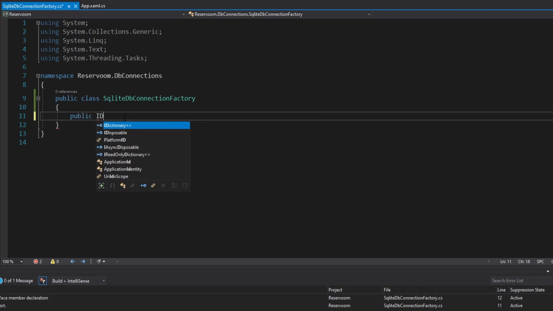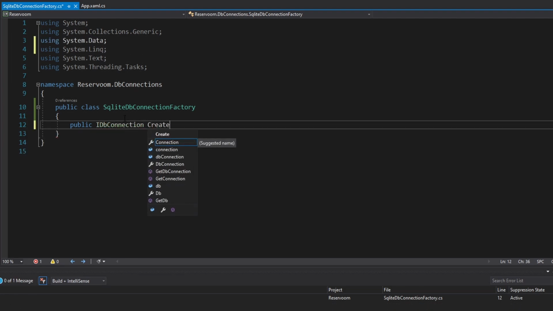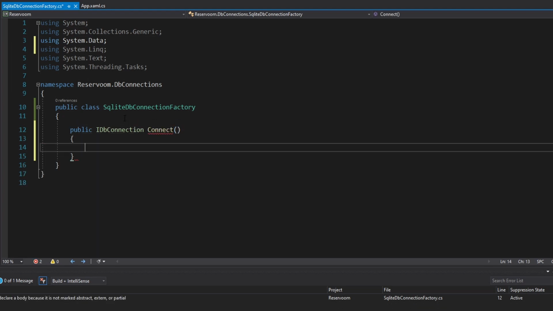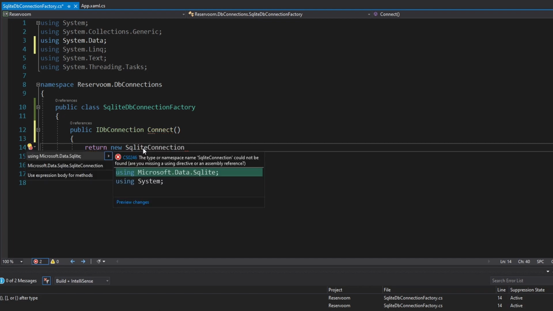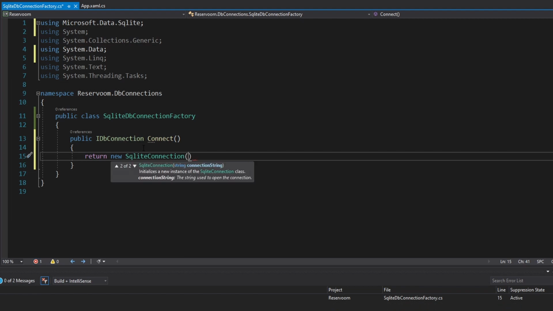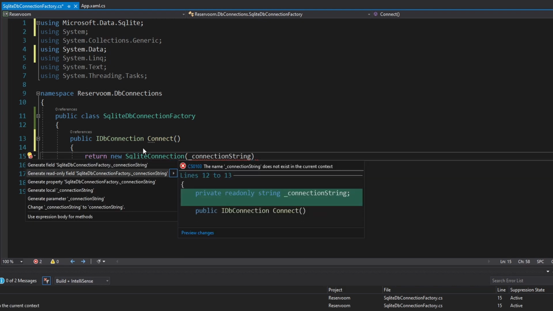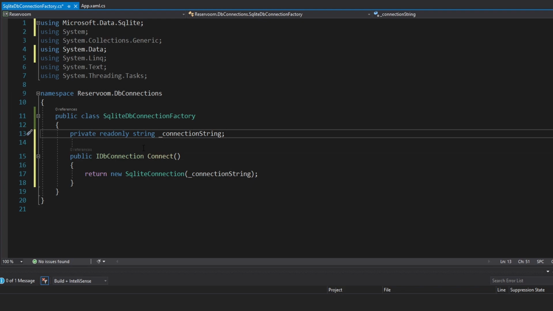So an IDB connection from System.Data. I was going to call this method create, but how about connect? So we call connect and we get a connection back. That makes sense. And all we're going to do is return a new SQLite connection. So that is from Microsoft.Data.Sqlite. Import that, and that takes a connection string. So we're going to get that connection string as a field into this class. So let's generate that field for a connection string, read only, and then we are going to get the connection